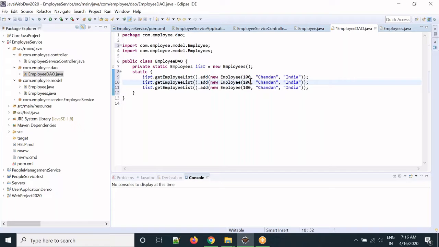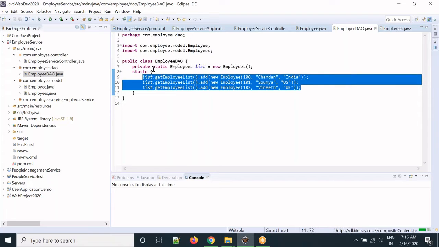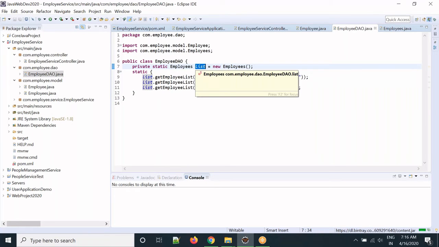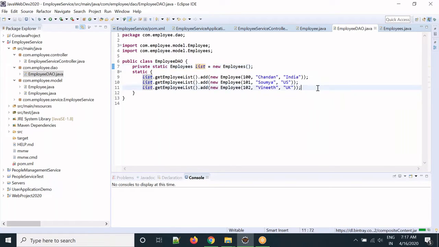Okay, 100, 102, and then I can add some data here. So let's say US, and then let's say we have these three fields available here. I mean, in this particular object list we have this list, and then what we will do next is